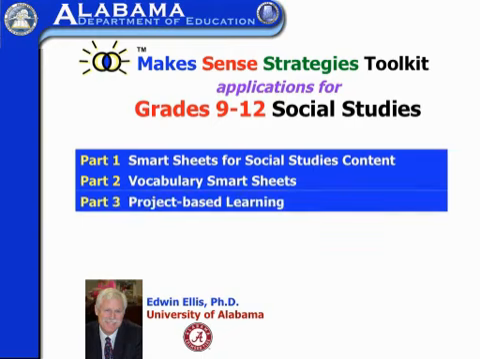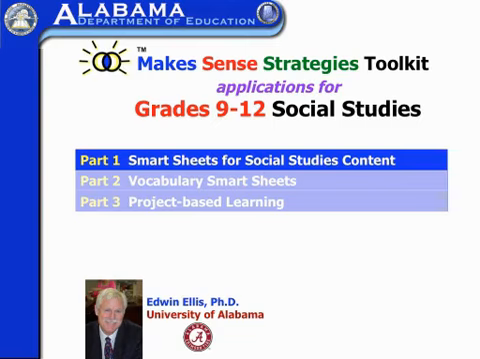And then third, we're going to look at some project-based learning resources on the software that are really excellent devices for engaging students in research and presentations and things of that nature. So in this presentation, we're going to be focusing on primarily just the smart sheets for teaching history and how